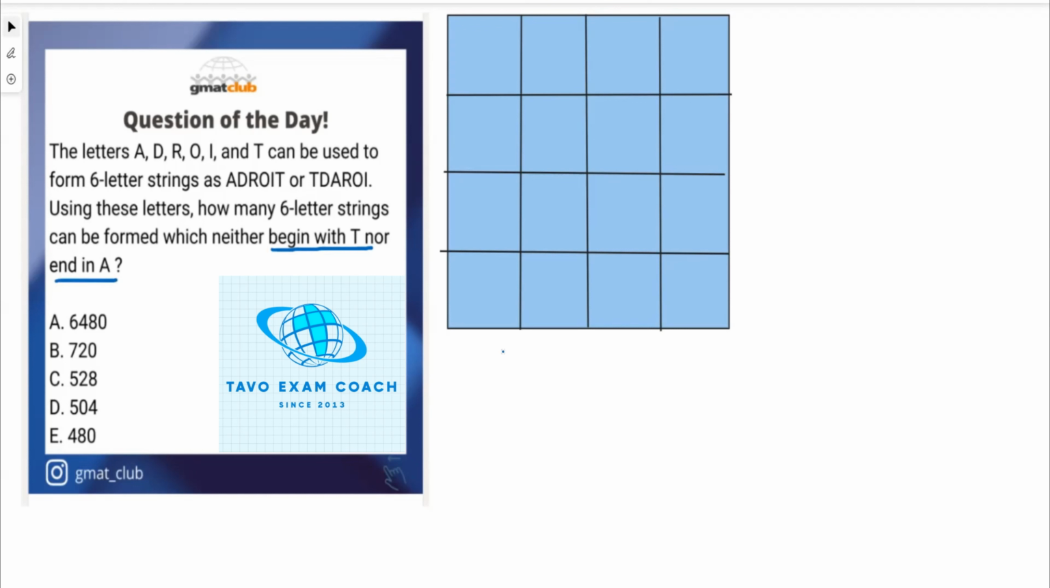This is nicely represented with a double entry table in which one of the characteristics is to begin with the letter T and not begin with T. The other characteristic would be end in letter A and not end in A. There is here the total of elements, which represents the total number of six-letter strings that we can assemble using